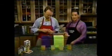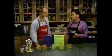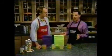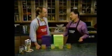Chris, we went shopping in the supermarket. We picked up 15 different broths, brought them back to the test kitchen, 20 tasters, hoping and praying something would taste like homemade stock. The bad news is we didn't fool anybody. We threw a homemade stock in and everybody picked it out. The good news is that a couple of them are at least acceptable. Why don't you start tasting and see if you can find...